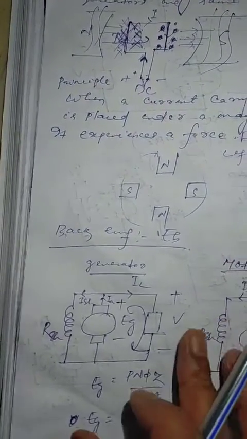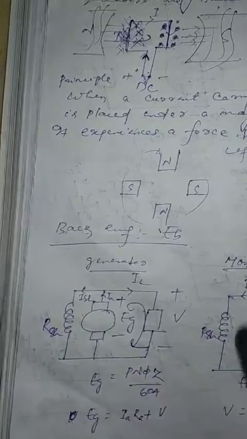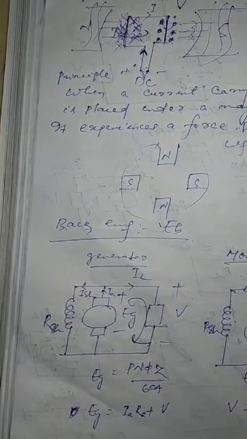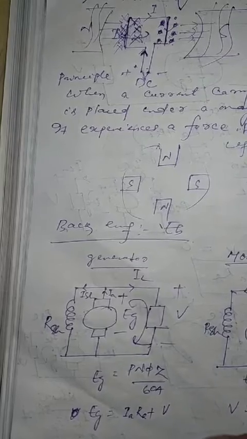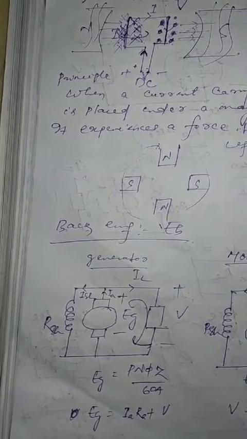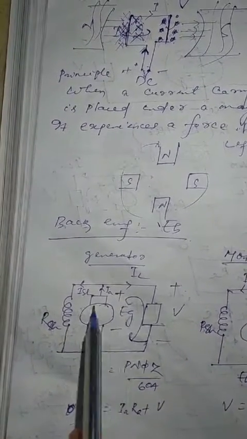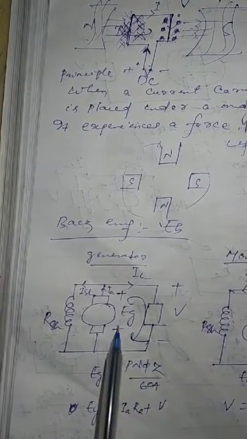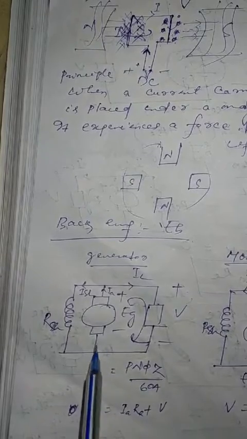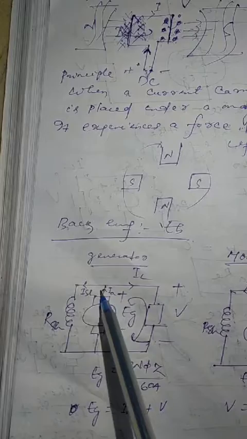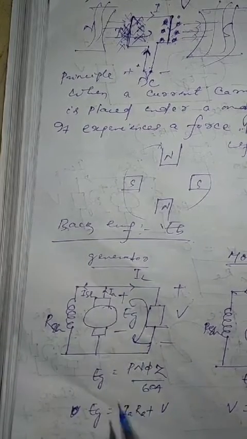So now it is just opposite. See how exactly it happens. So far as the types are concerned, whatever types there are for the generator, the same types will be there for the motor. Now, if you have a generator, you have already seen this diagram for the generator. In this diagram, suppose you have taken a Shunt generator.